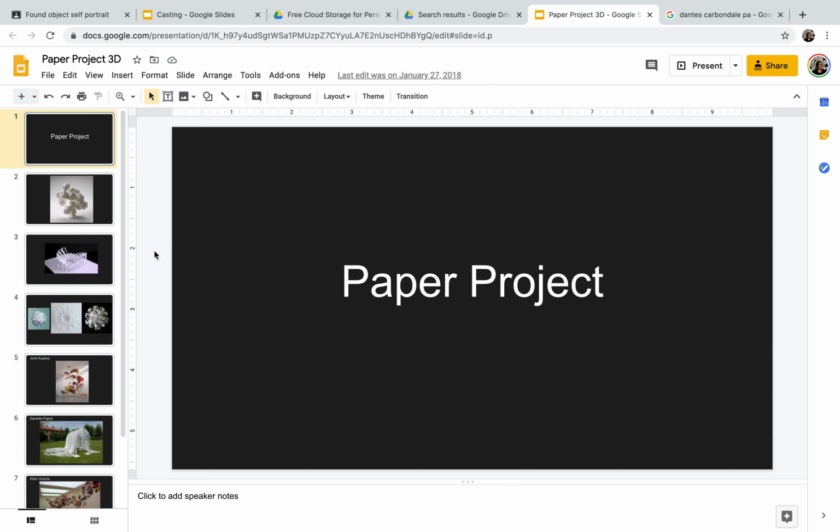Lecture for the paper project. With this particular project, I want you to focus on the idea of formal elements of design. So you're going to be using basic shapes like cubes, squares, rectangles, triangles, pyramids,